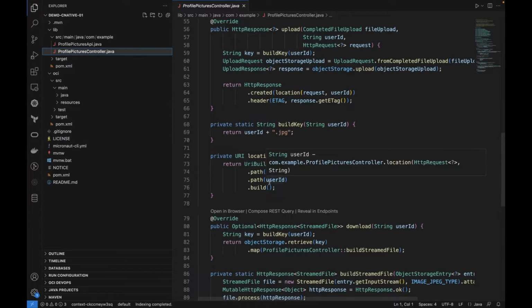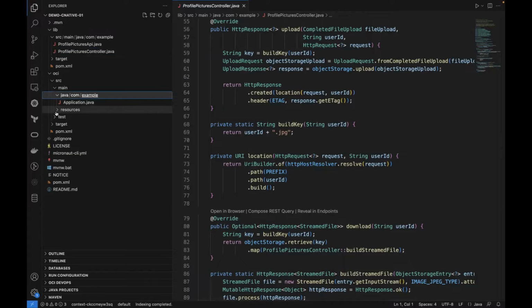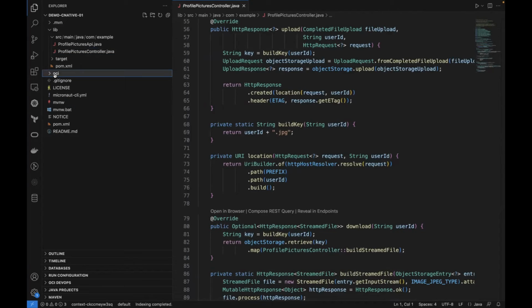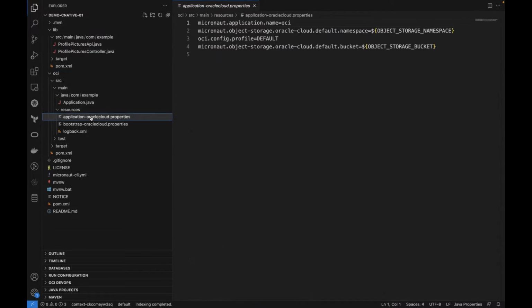So I'm not really going to change the application, but I am going to change the configuration. If I remember, I said that there was a module for each cloud vendor that I'm using. So I'm using OCI, so I'm going to go into my OCI configuration file, and I've got to put in some details for which object storage bucket I'm going to use. And first thing, if you've used object storage on OCI before, you know that there's a namespace and a bucket name, and the bucket names need to be unique inside that namespace.